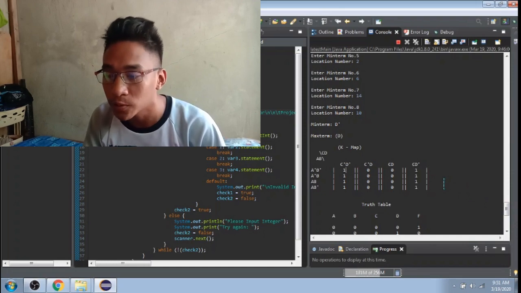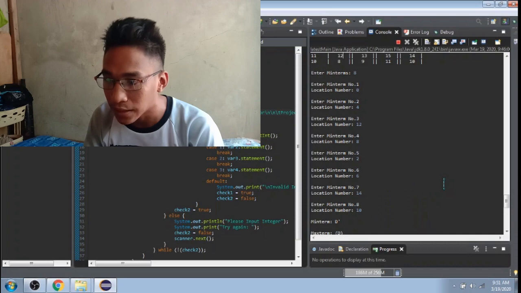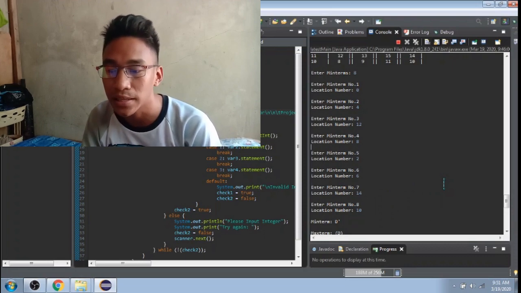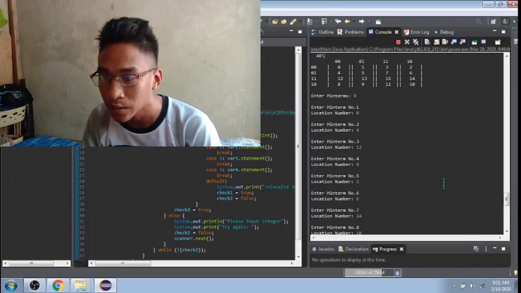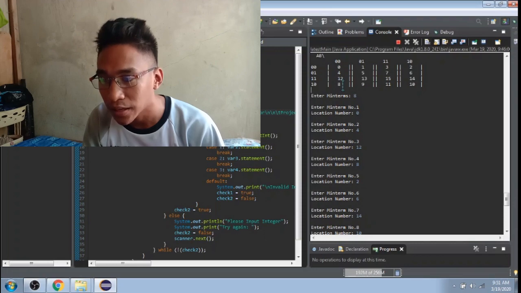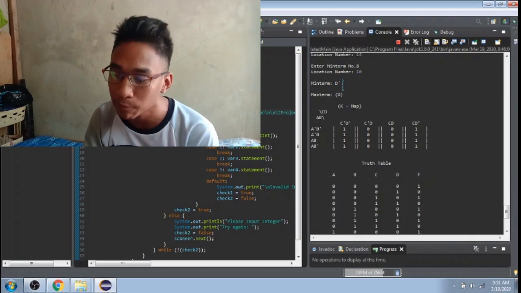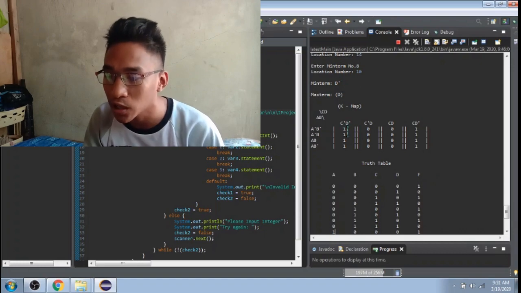Where are we going to put all the minterms? We put them in the locations 0, 12, 8, 2, 6, 14, 10, and as we can see, it's the location of our minterms. So the outcome of